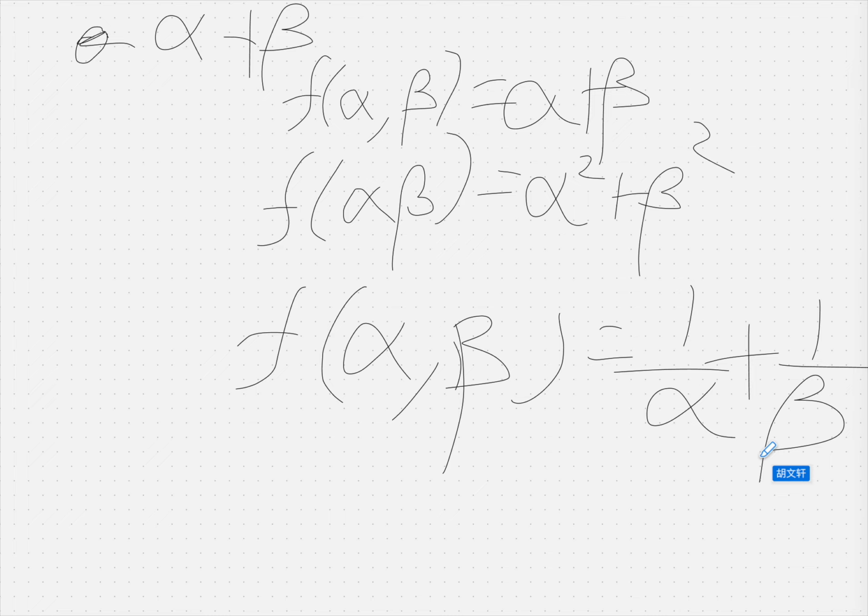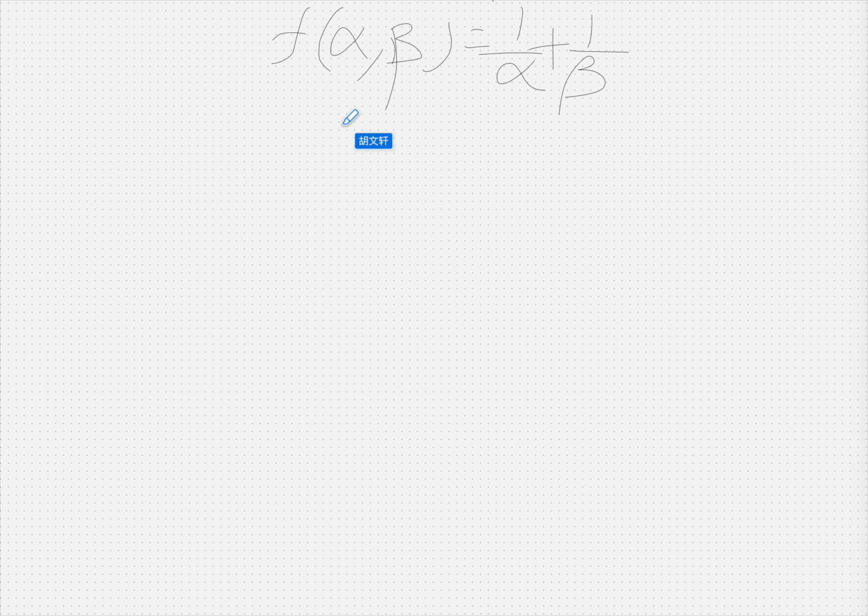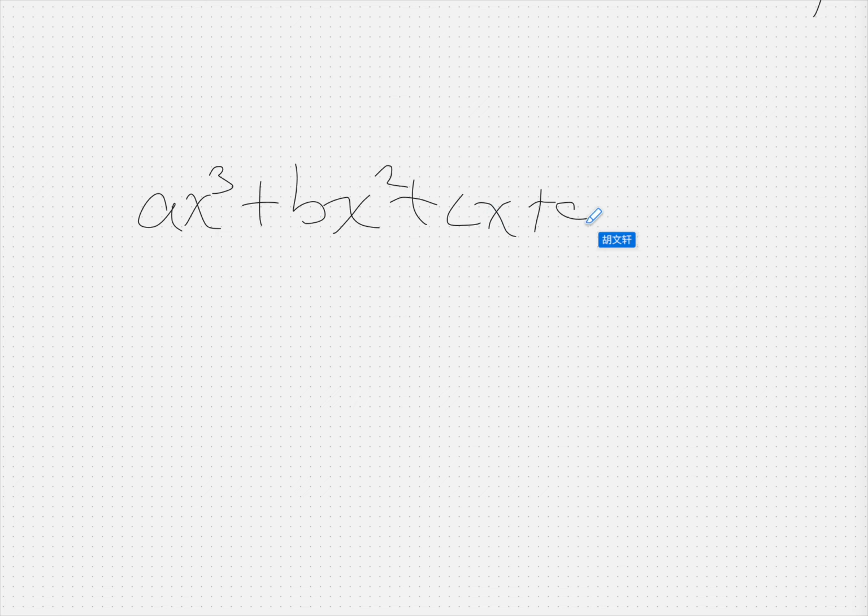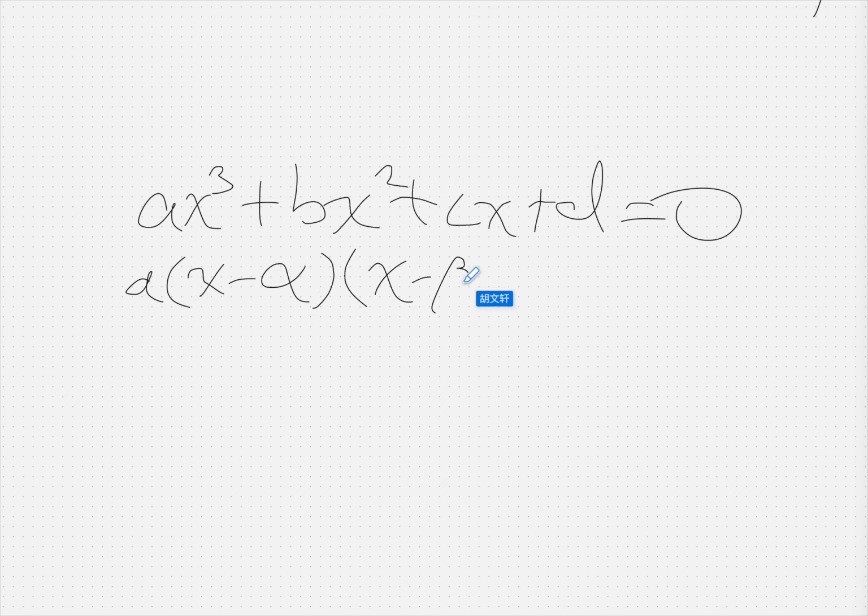And then after that we have a cubic equation. And cubics are more interesting because, I'm going to write it in terms of x still: ax^3 + bx^2 + cx + d = 0, because we're finding the roots. Or in a factorized form of a multiplied by (x - alpha)(x - beta)(x - gamma)